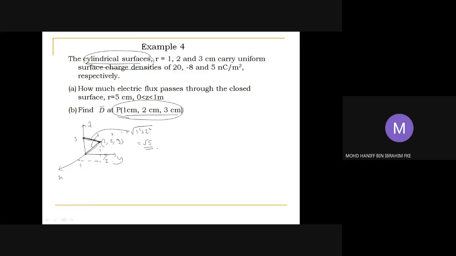Okay, let us proceed now to find D at this position of radius square root of 5. We have agreed that the radius for point P will be square root of 5. So the square root of 5 is located between 2 and 3, right? Yes, between 2 and 3. So if you base on your cylindrical surface just now,